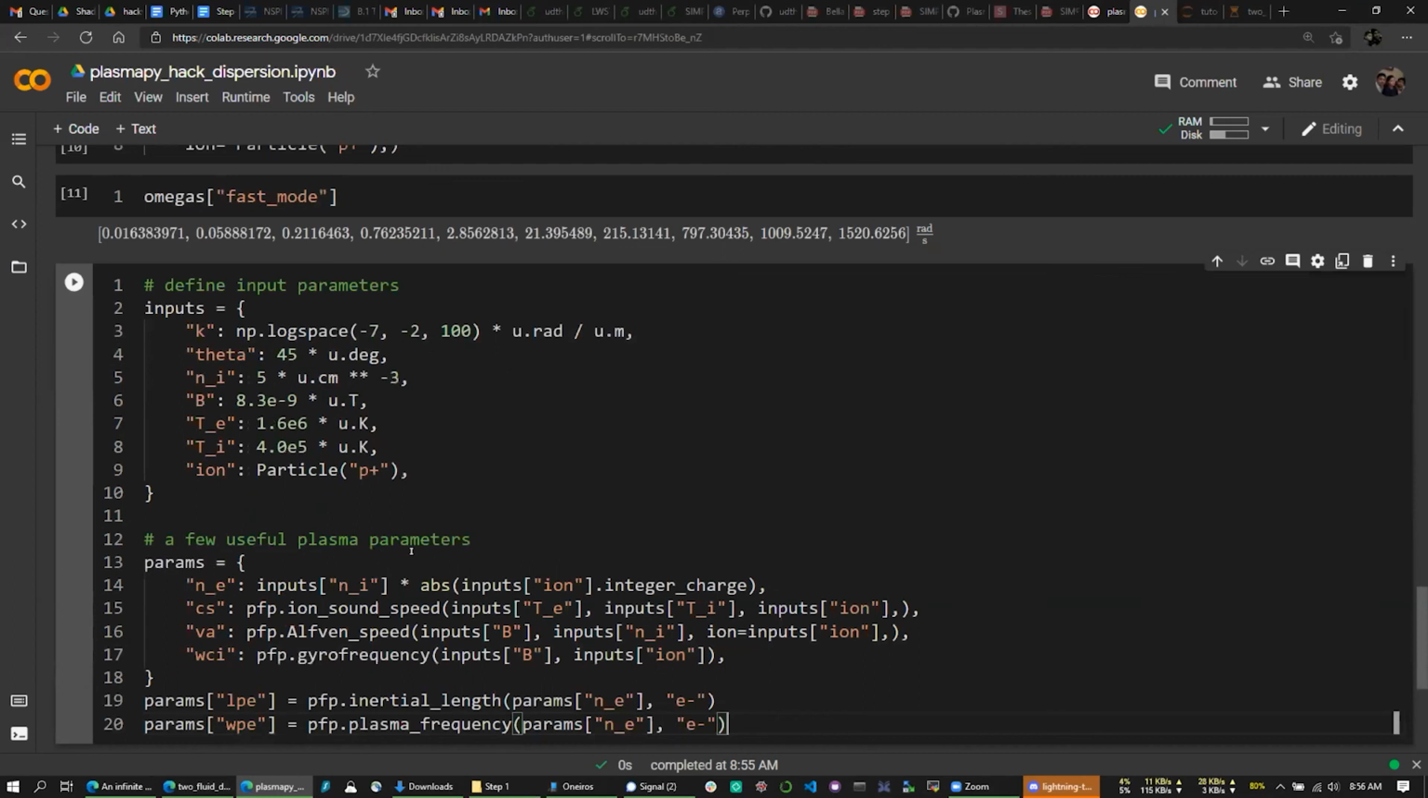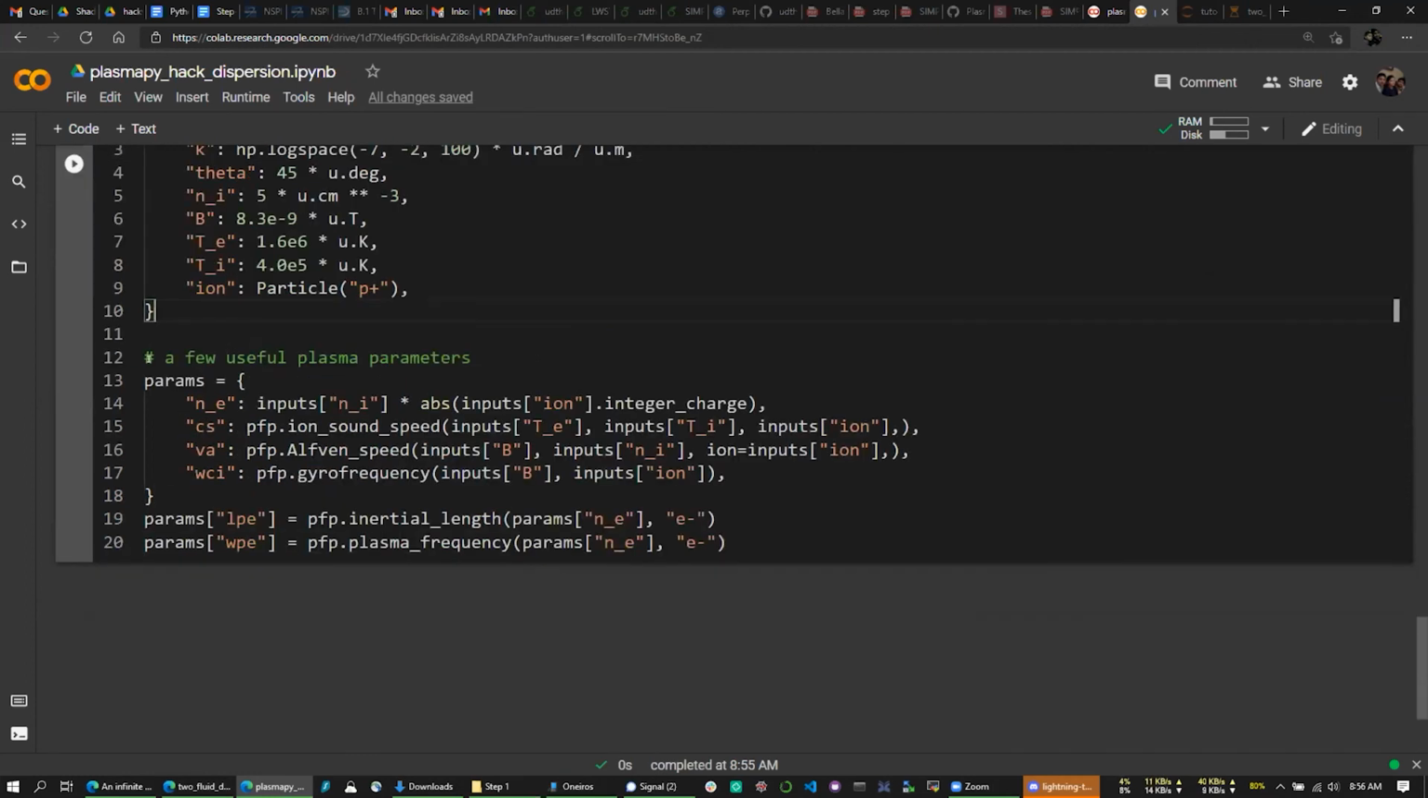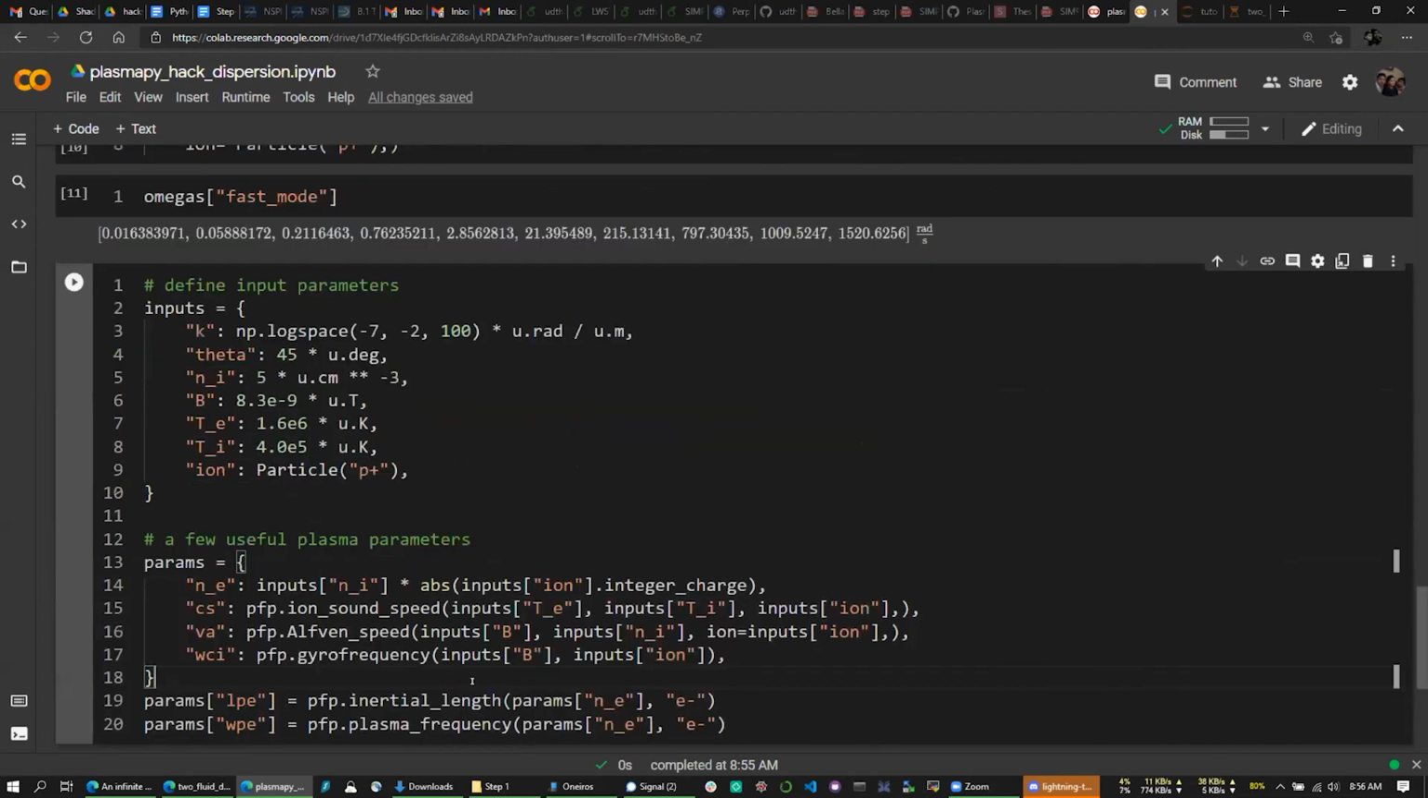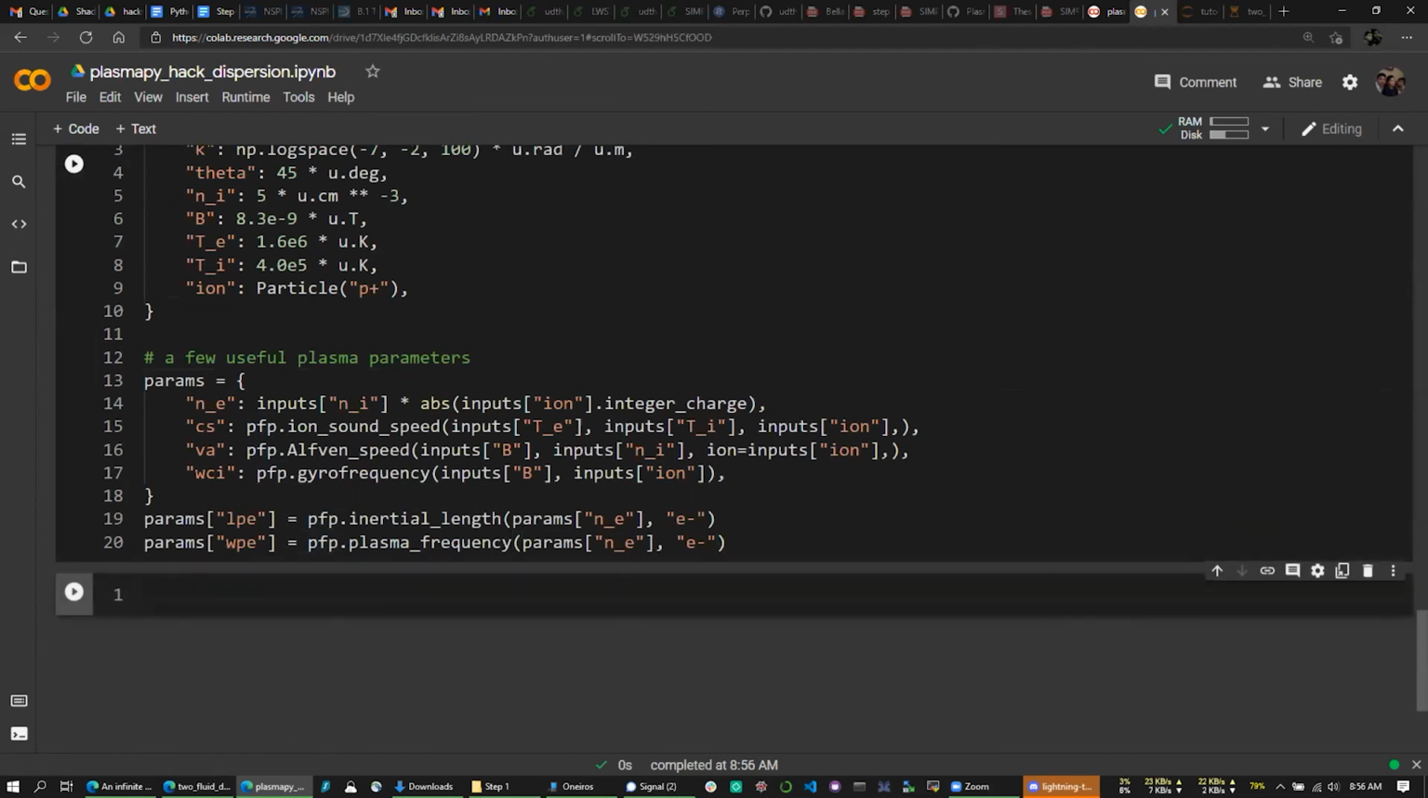But we generally go for a slightly fancier way of inputting the inputs. You define an input dictionary, which has all these inputs you want to put in, and a set of parameters which are important, because oftentimes when you are solving a dispersion equation, you scale it against different things like the Alfvén speed, or the cyclotron frequency, or the gyrofrequency, or the ion sound speed. So for that reason, we define inputs and parameters like this. PFP is the PlasmaPy formulary, which Nick already covered. And yeah, once you run that,